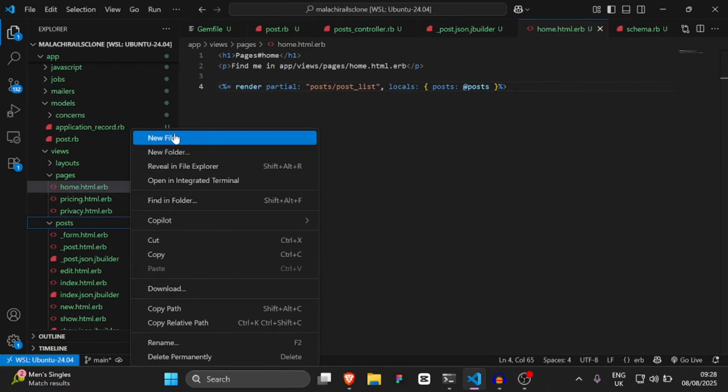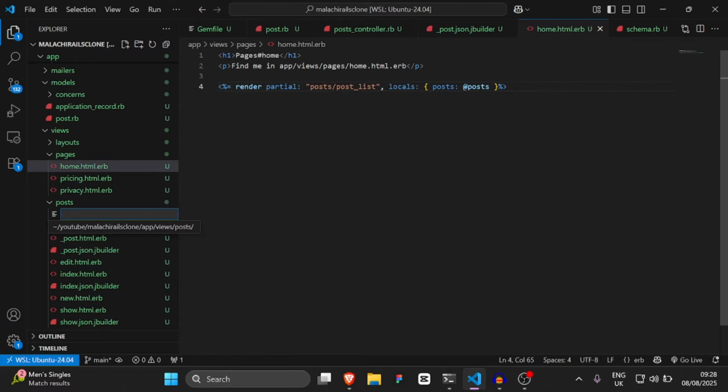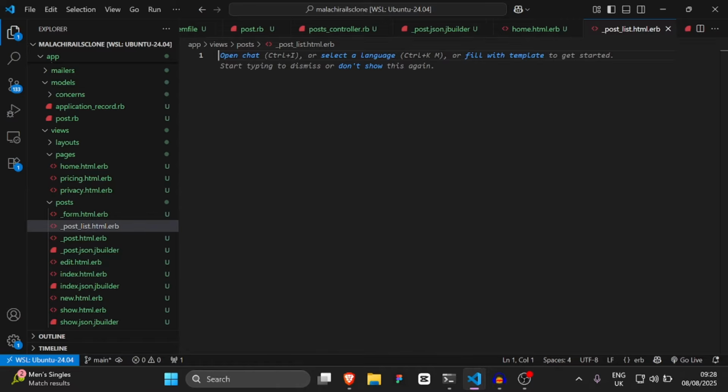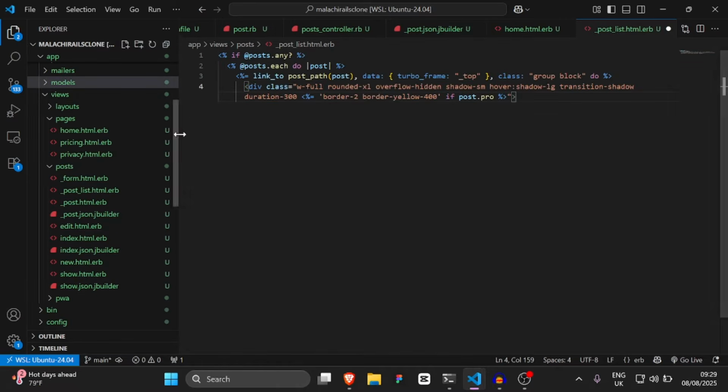So let's go and create new file in the post folder, and let's say post_list.html.erb. And then inside of here we basically need to add our code so that we have a post list. Okay, so I'm just going to copy and paste it from my already built application, but essentially what I've added